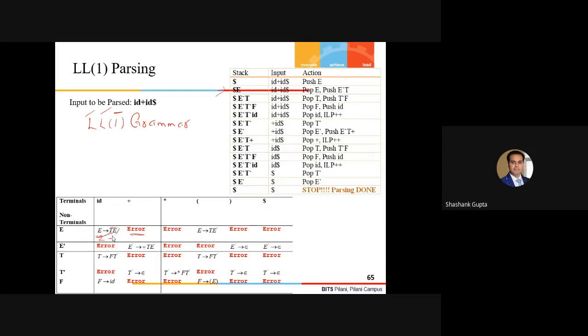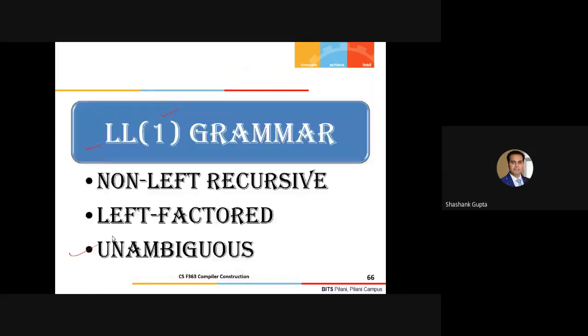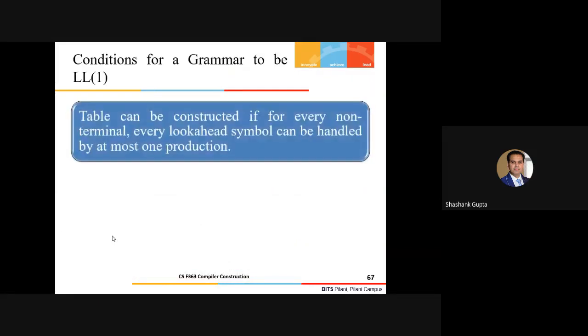Right? So if your parse table includes unique productions across all the entries, then it is one sign that your grammar is LL1. What we have mentioned here is that every lookahead symbol should be handled by at most one production.